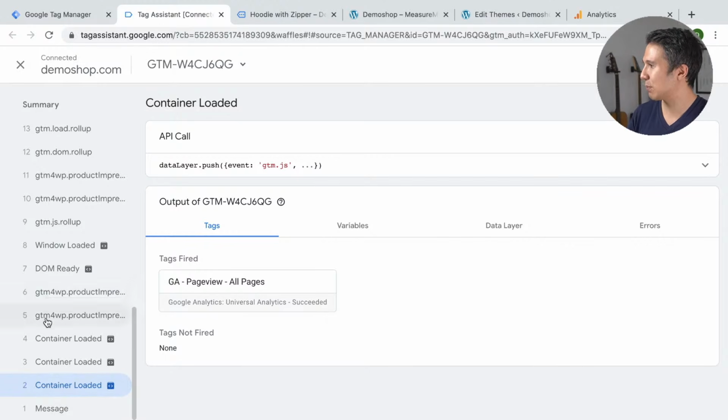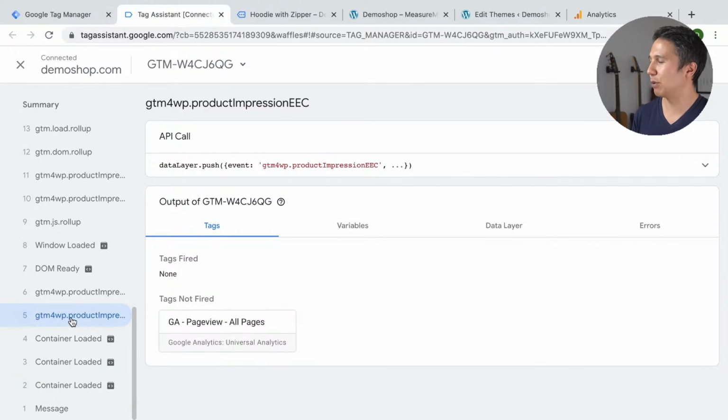definitely been made changes, but here we can see, for example, the GTM4WP product impressions. That's actually the event key name. But I imagine that over the next coming months, when we are doing any kind of videos, we will refer to it as an API call. So the API call that we are talking about here is the gtm4wp.productImpressionEEC. So that's definitely one significant